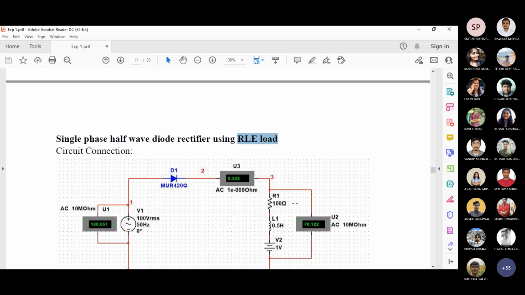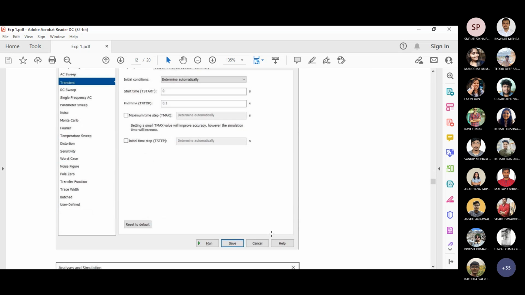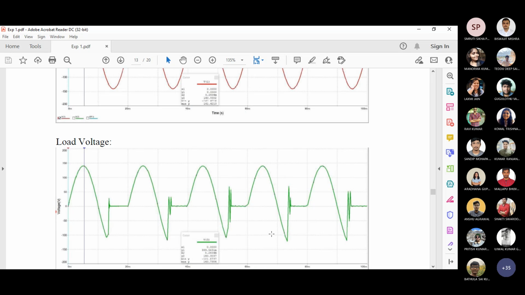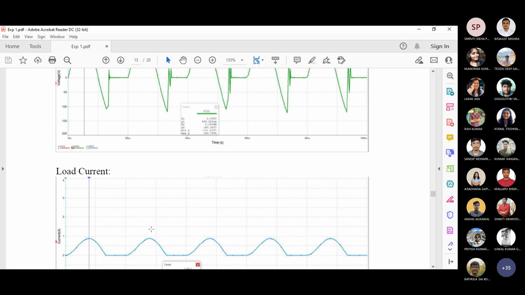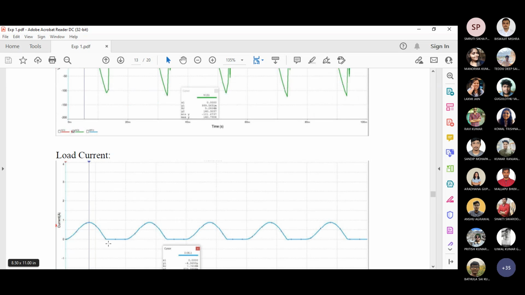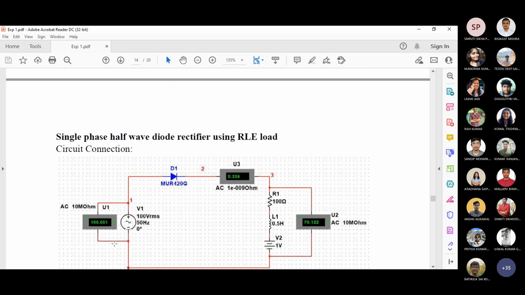So for your RLE load, if you see the output voltage, there will be some bias value, so an E value will be there. Here you can see it. With some E value, more or less, if you use that waveform, you can directly see how the current waveform will look. And finally, if you are using a freewheeling diode,